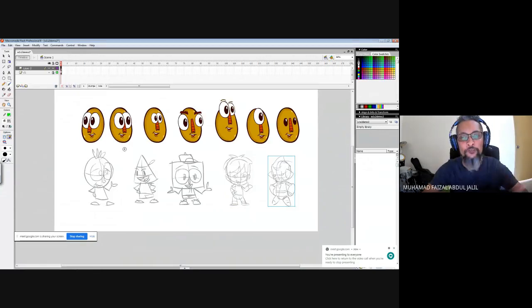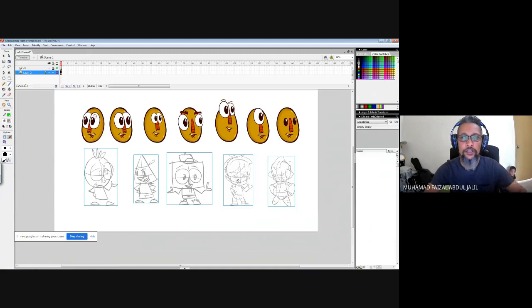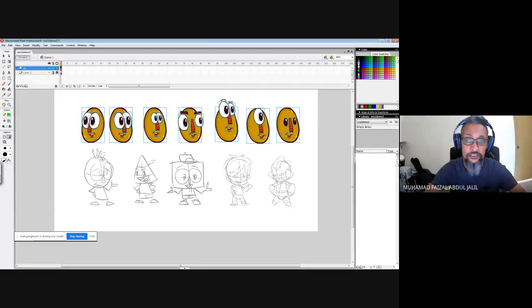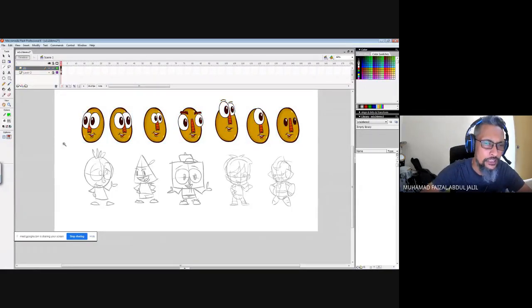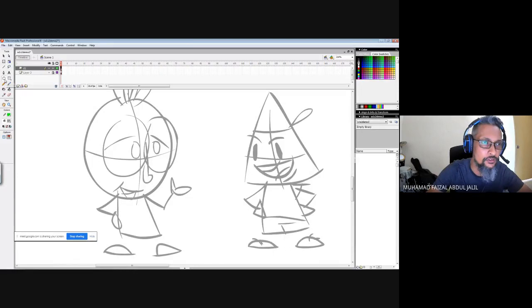So from here, if you use different layers to design those characters, or you place your design in Adobe Animate or Flash, you can lock the first layer or the second layer that you have sketched. When you want to draw the new design, you can use another layer on top of it just to trace them back and improvise from here. There are a few tools that you can use based on the shapes.